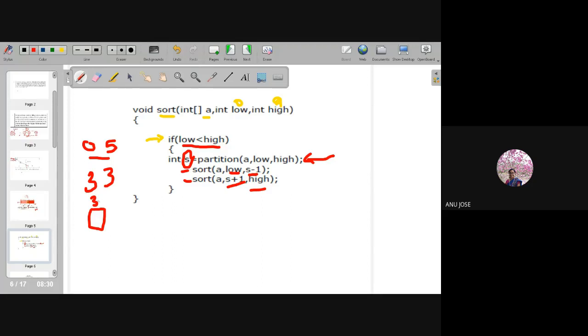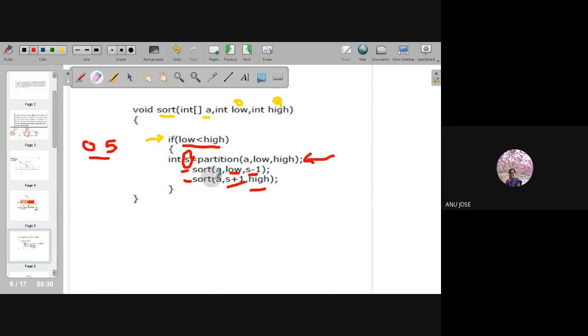Low and high being the same value means only one element is present. So that is a smaller problem. If it is not a single element array, then you have to do this sorting operation.